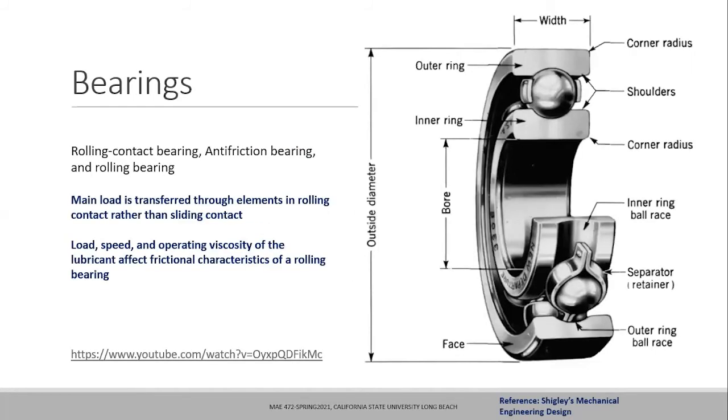Okay, so starting with the concept of bearing. Here we are starting with the rolling bearings, also called anti-friction bearing, or simply rolling bearing. What you have here on the right-hand side is the detailed schematic of the different components. The major components are the outer shell, which is called the outer ring, the inner shell, which is called the inner ring, and then you have the balls and the rollers, the rolling elements. These rolling elements are separated from each other using a separator, also called a retainer.